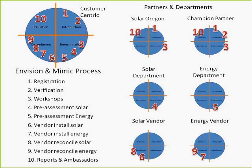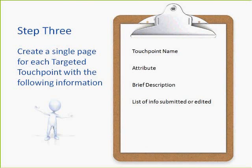Because we know that person has to register. We're going to verify it. We're going to do some looking at maps and things. See, this is the part that gets more complicated. Workshops, pre-assessments for solar, that sort of thing. These are our touch points. You with me? So now once we know what our touch points are, now we can,